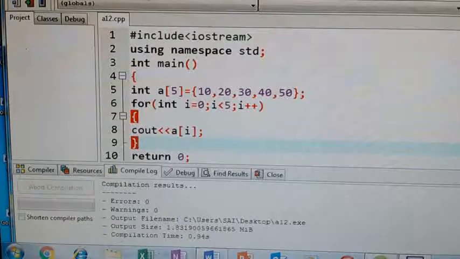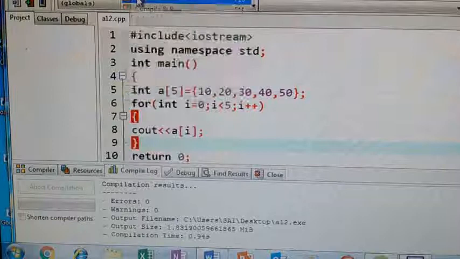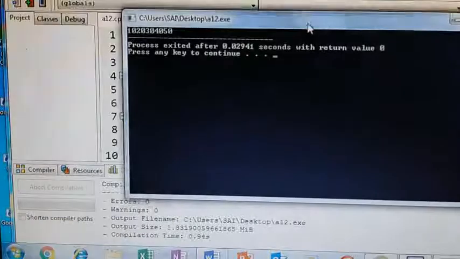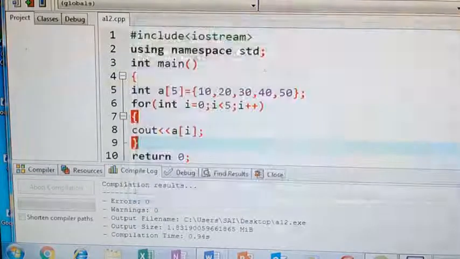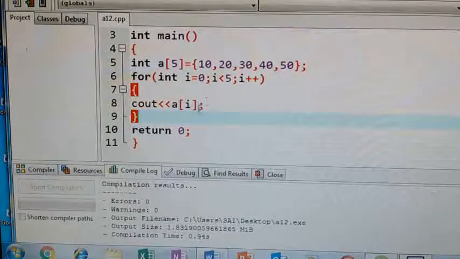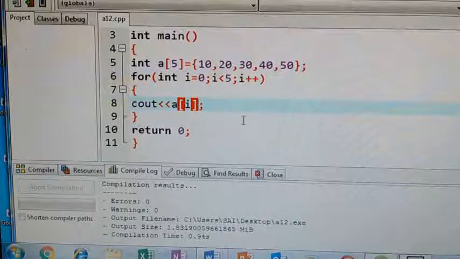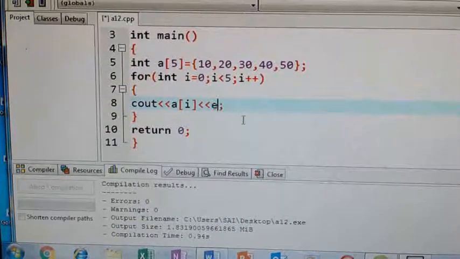Compile. No errors. Execute. Run. You can see this 10, 20, 30, 40, 50. See, but here I will add an endl character. Save it.